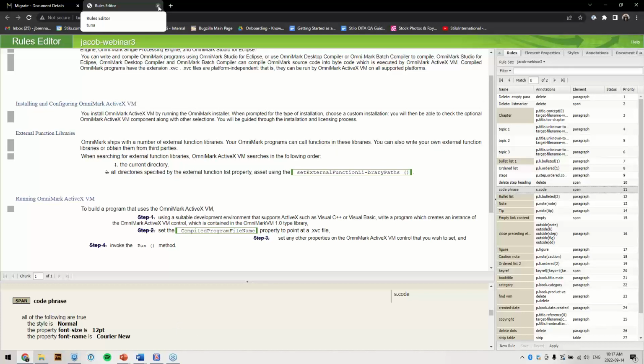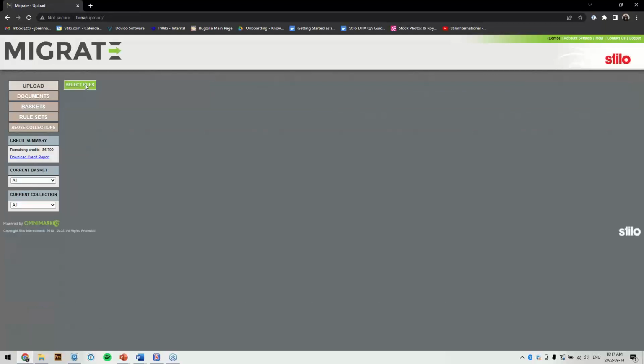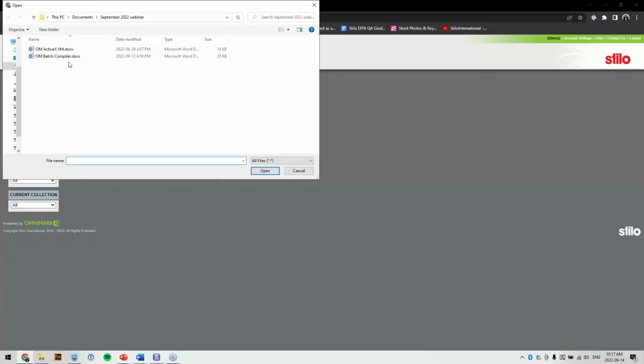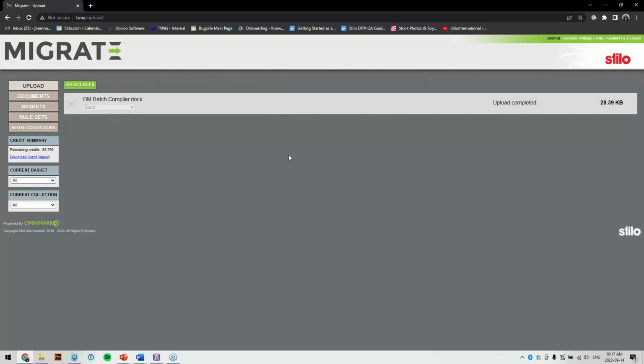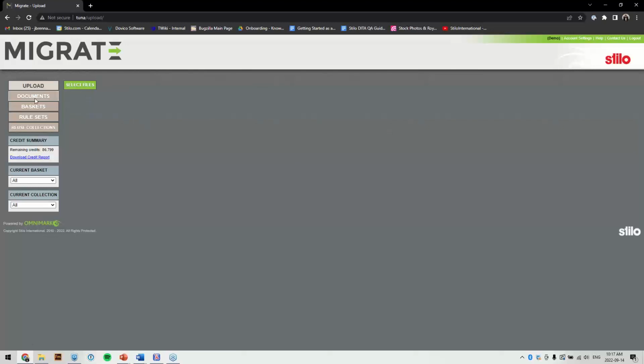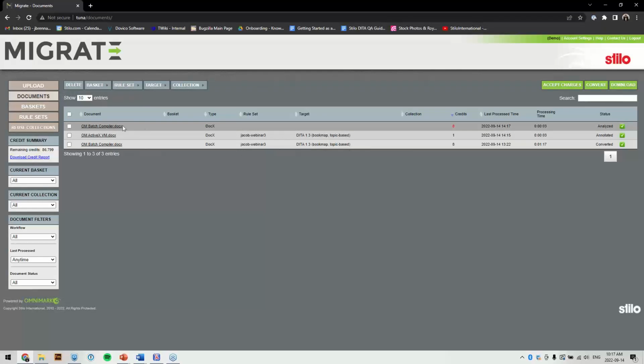We can upload our new one and change our rules to make sure that we adapt to the new style of the new document. So if we just hit our upload button over here at the left, we can select files, and then I can put in the second file that I have here, make sure that it is a docx file, and hit upload. As it's uploading, Migrate's going through and doing that analysis report, getting us all the information that we needed out of it, and